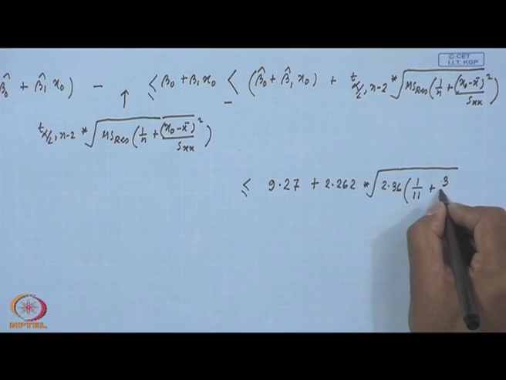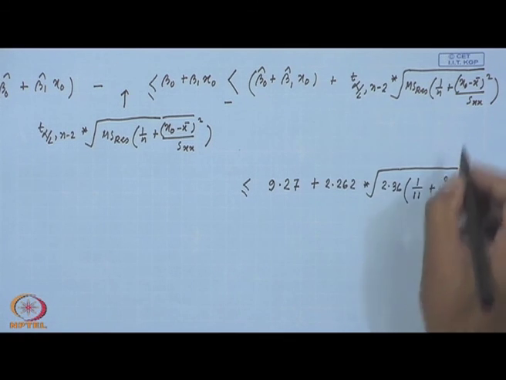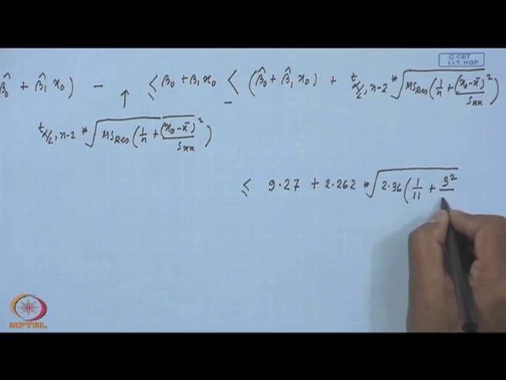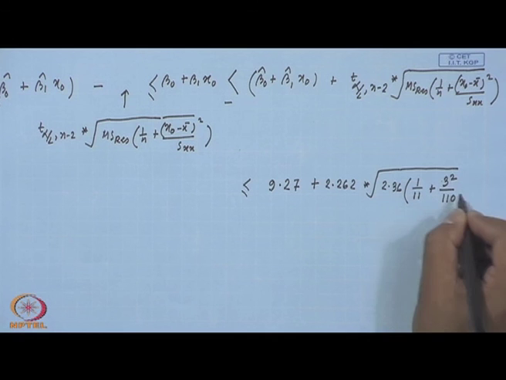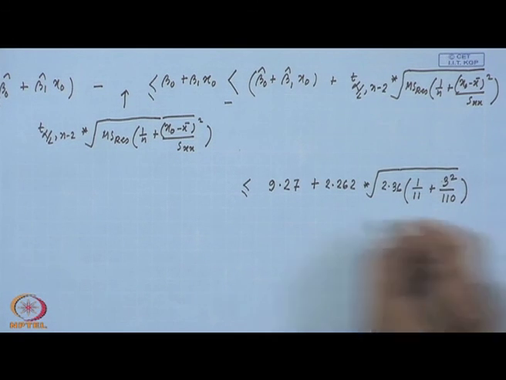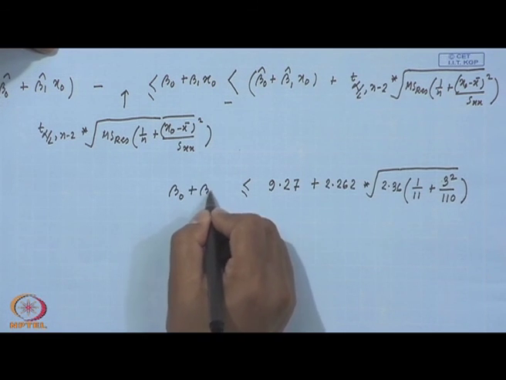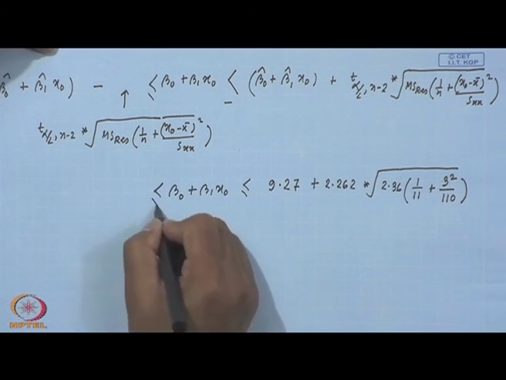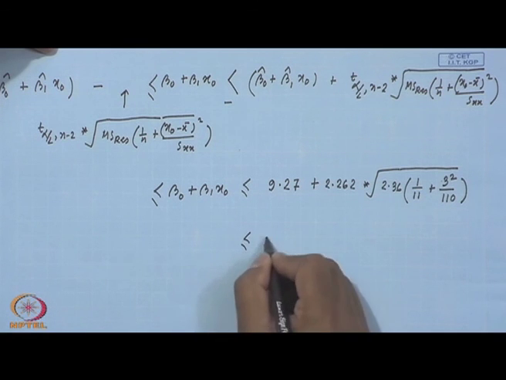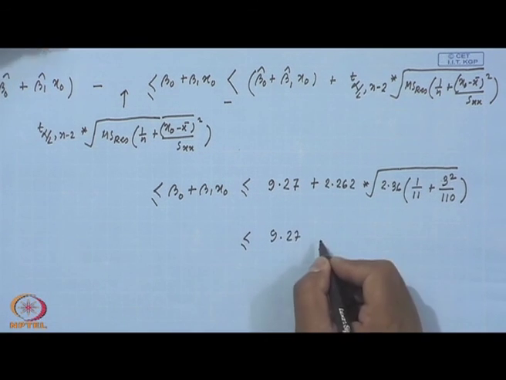So, 3 square by S xx, that is 110, right. So, this one is the upper bound for beta naught plus beta 1 x naught, and you can check that this one is 9.27